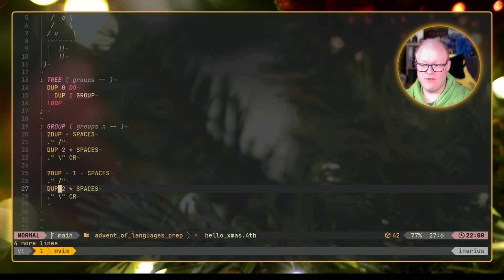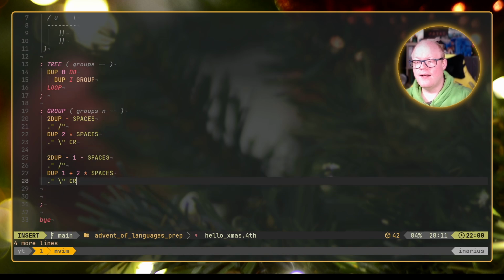So before pushing this 2 to the stack, we simply push a 1 to the stack and call a plus. So we take the n value, add 1 to it, push the 2, multiply that whole thing, print that many spaces, and then a backslash again,